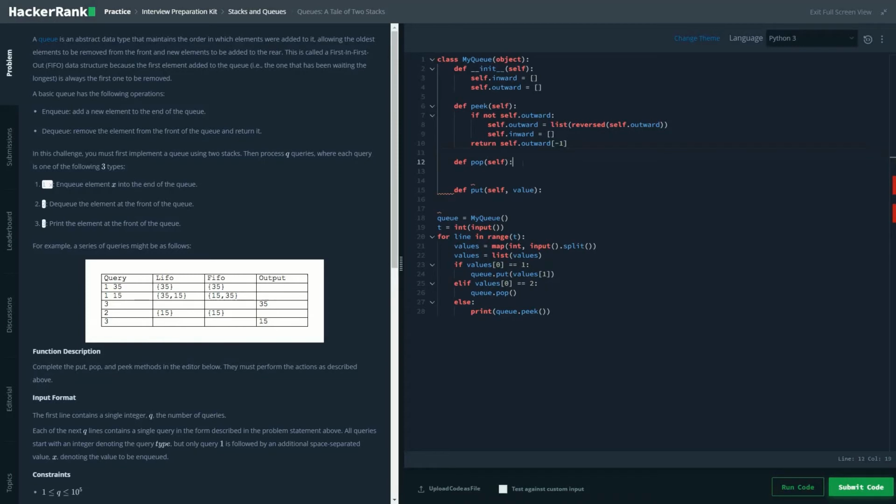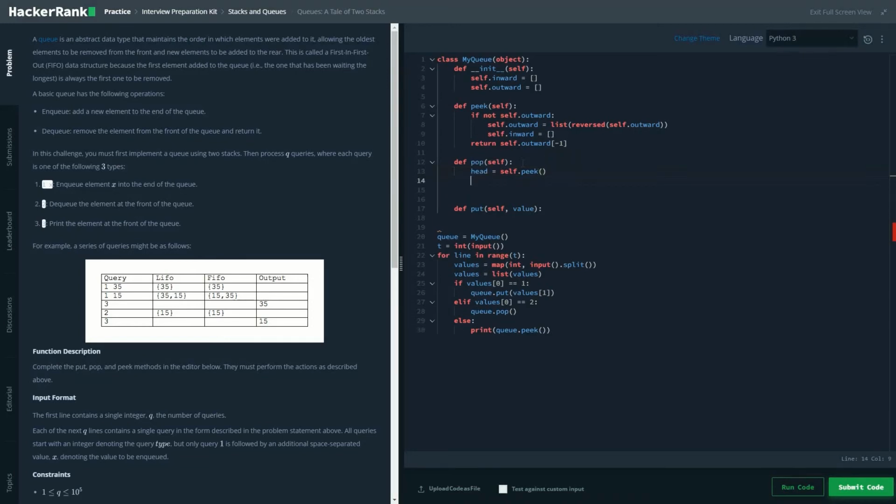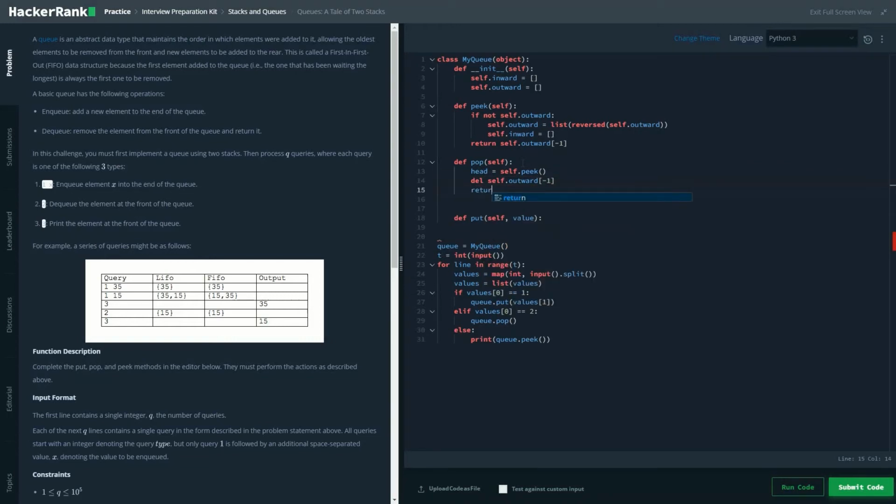So that's something you should keep a note of. Now for self.pop, head equals self.pick. So first we will get that element, and now we would be deleting that element. So self.outward.pop() deletes the last element out of it, and return head.